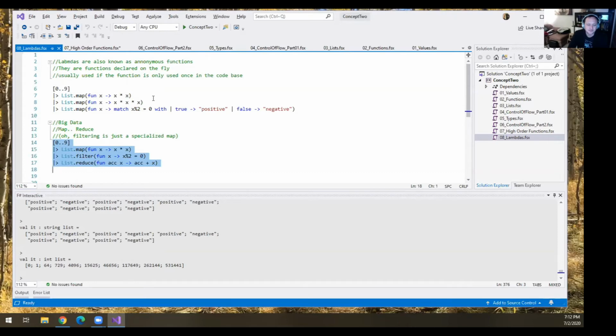Exactly. Okay. And you know, everyone likes Hadoop and big data, so that's map and reduce. I really came to F# because I was doing data science work, and I was sick and tired of R not giving me the type safety that I needed. And same with Python, really. So I started noodling around with F#, and that's what I started doing. It's a lot of maps, filters, and reduces.